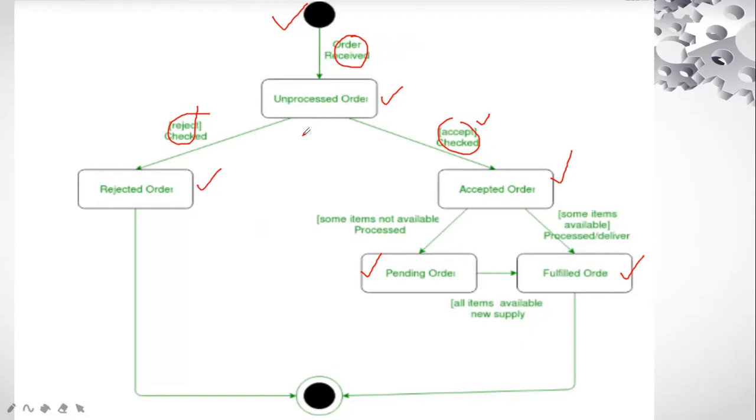We are just showing. Now we are going to see the notation. This particular splitting into two, state A splitting into two, that is unprocessed order, either rejected or accepted, is called a fork node. Again, we have done this as a fork node, accepted order, either pending or fulfilled. After pending order, we have to fulfill it as soon as the items are available and we can supply that. And lastly, both are coming together and we are working on to the final state. So this is how we are working in the state machine.